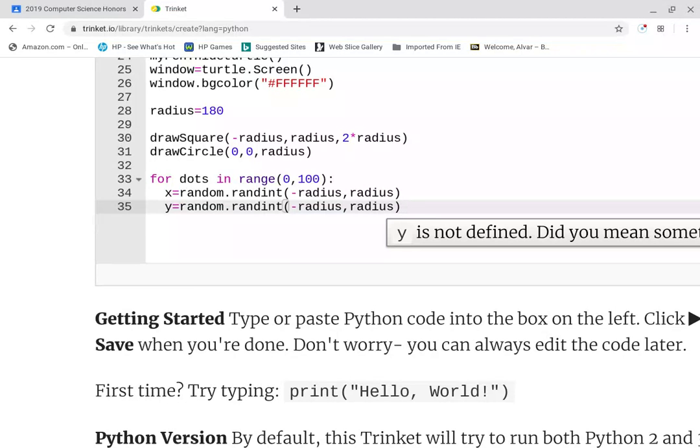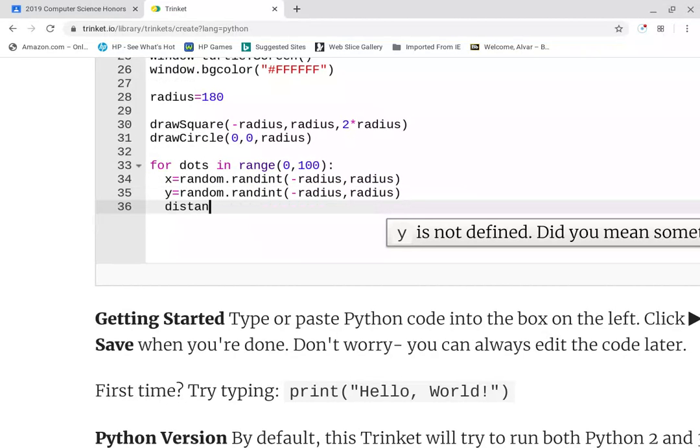Square root that. Okay, so how about we say the distance that point is from the center of the circle is, now we could do math.sqrt of x squared plus y squared, or, and remember we're strictly Pythonic because we can't do the caret 2 for squaring. Or how about this? Quantity x squared plus y squared to the 1/2. Isn't that square root? So we don't have to use sqrt, just for fun. All right, so then,